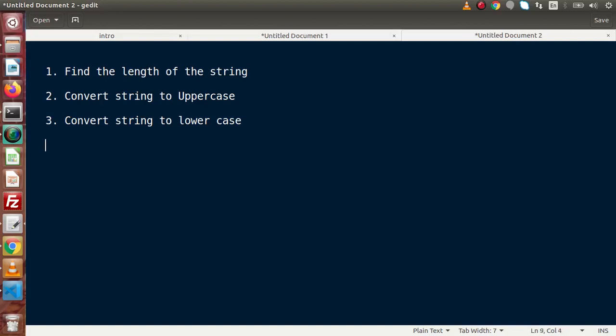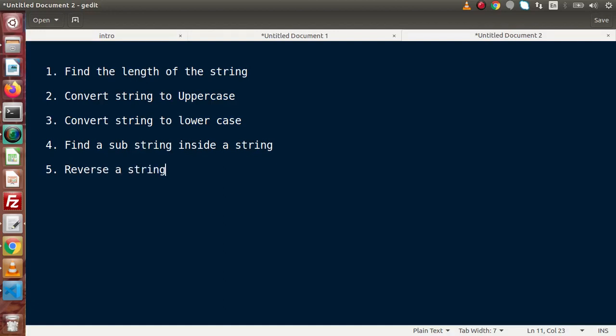If we want to find some words inside a string, let's say find a substring inside a string. And finally we want to make a string into reverse order. So let's say reverse